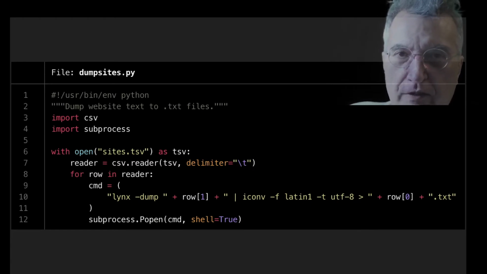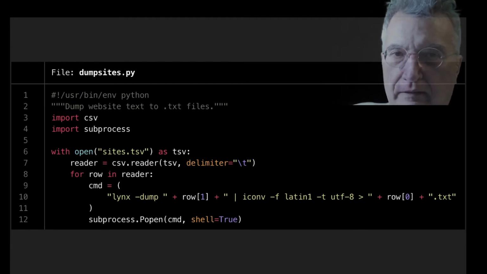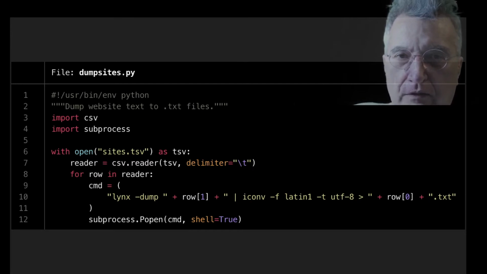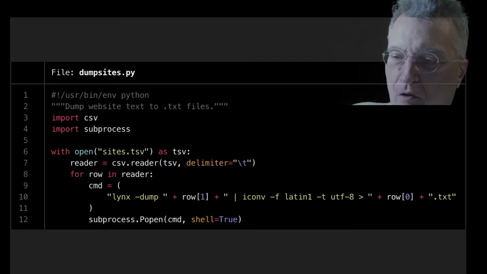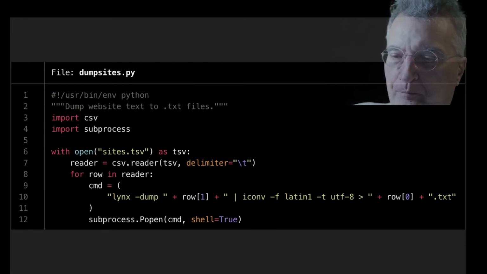Well, a few websites adhere to an older kind of coding, in this case Latin 1, and sometimes in other cases another strange encoding. And so I converted all the Latin 1, I think it was the University of Southern California, or somebody had a Latin 1 website. So I convert anything that's Latin 1 into UTF-8. And that gives me a